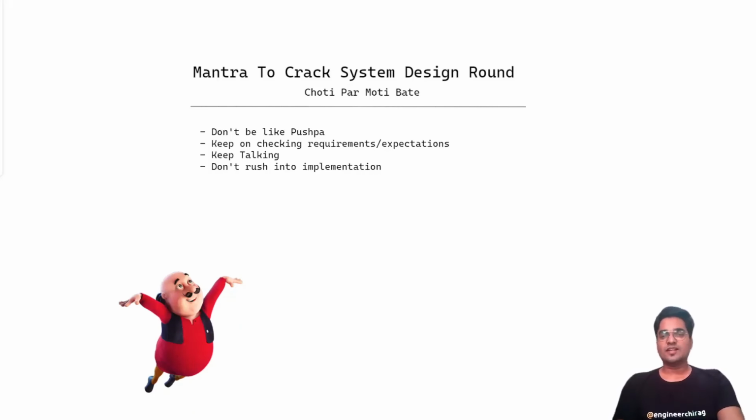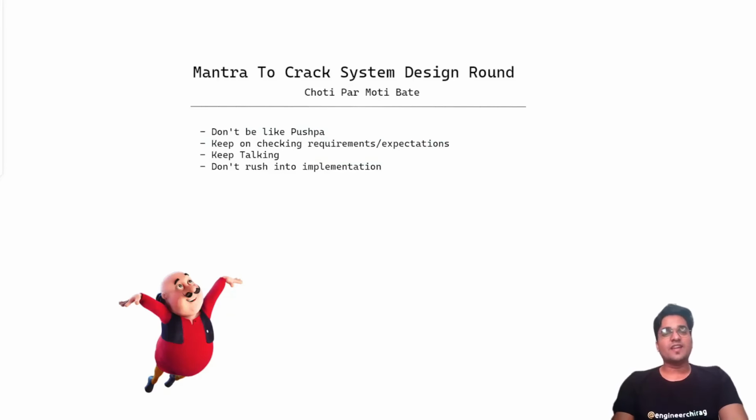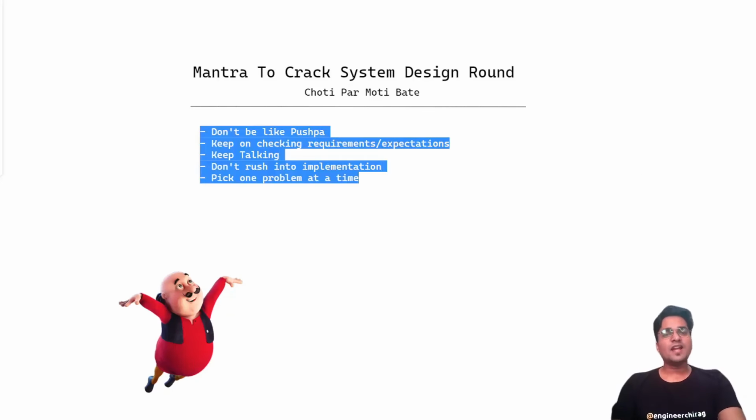Most of the people directly shoot into the implementation and they think this is very important, and as we are developers, we'll implement it and show it, so it's going to work. In system design this is not going to work. Most important, right? Pick one problem at a time. When you are going to discuss anything in detail, don't jump into too many things at a time. This is not going to help you, right? So pick one, get into the detail, keep on asking your interviewer what the expectation is,